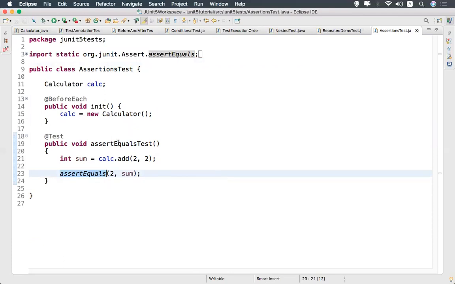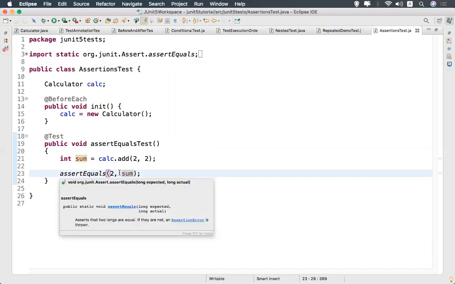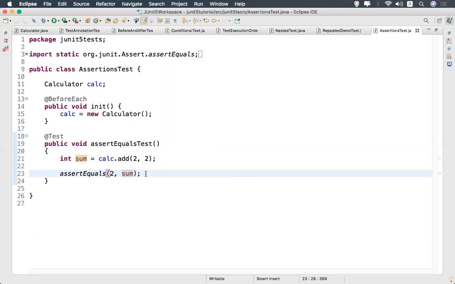So this is assertEquals, and you have 3 parameters here. Okay, here you see expected, actual, but you have one more, that is comma, then you will mention one. What do you see?